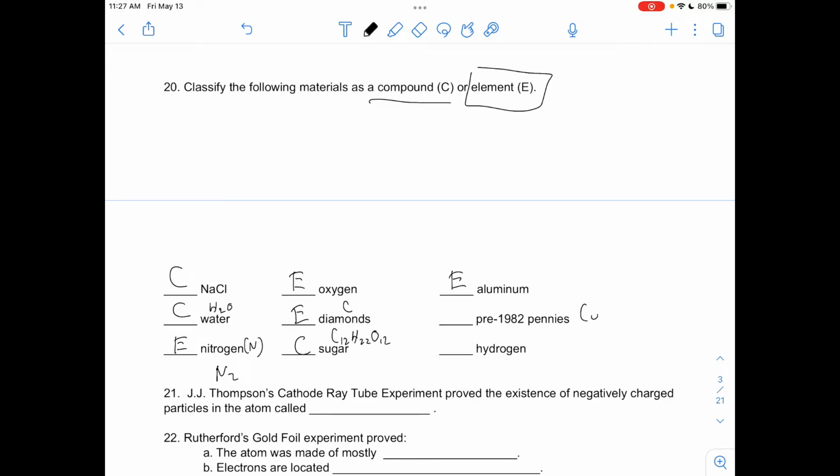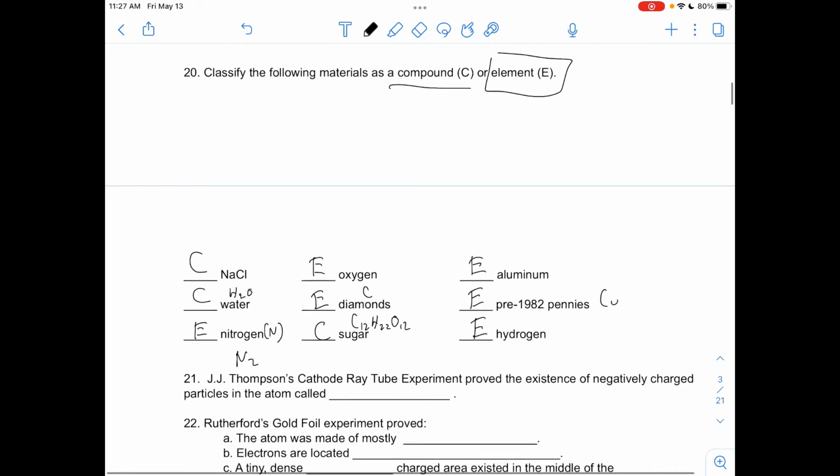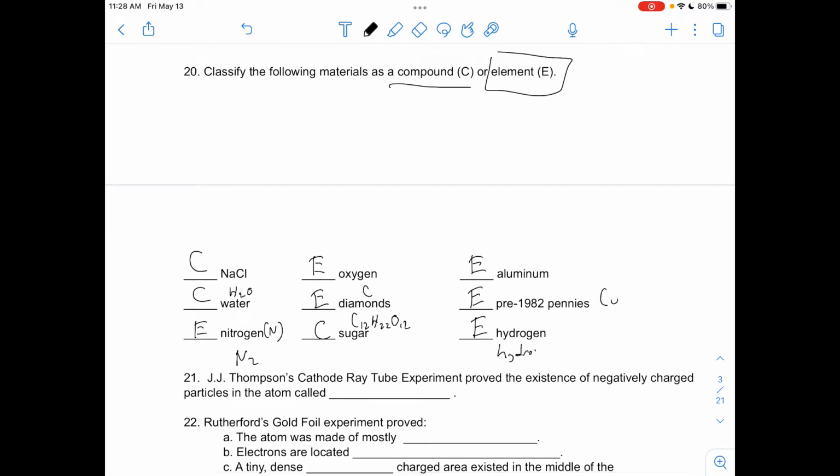Pre-1982 pennies were made out of pure copper, and so that's an element. And then hydrogen is also an element. If it says, for example, hydrogen gas, that's no longer just hydrogen, it's H2. So it would be a compound, or what we also call a diatomic element. It's a twinsy element. You won't find hydrogen by itself. It always partners with